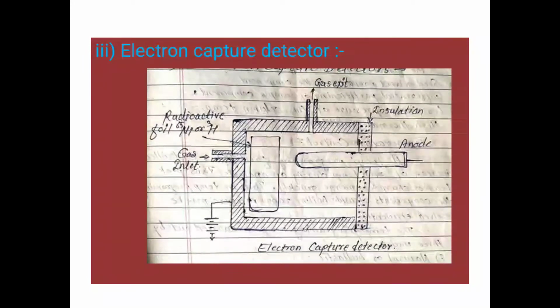So it responds very little to hydrocarbons, and this is the diagrammatic representation of the electron capture detector, in which this metal foil, shown in the form of rectangles, is coated with radioactive material like nickel 63 or tritium, H3. Mostly a tritium-containing compound is used as a steady source of slow electrons, and different substances can be separated on the basis of their ionization power.